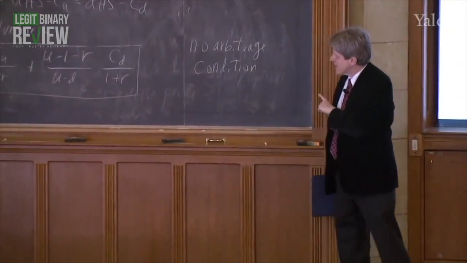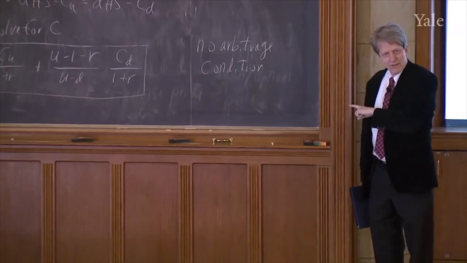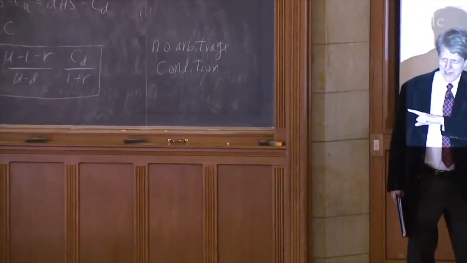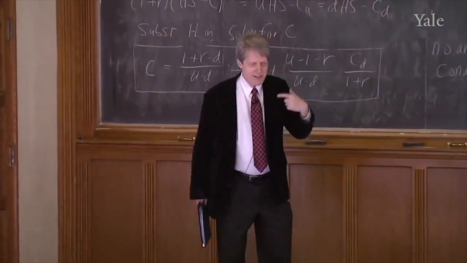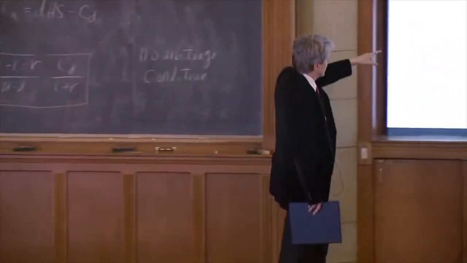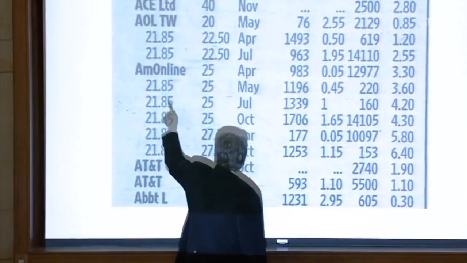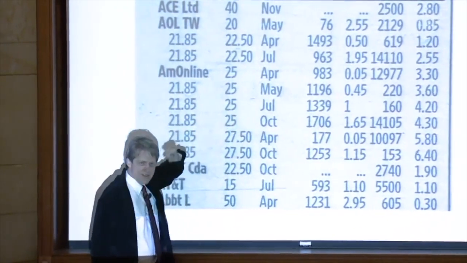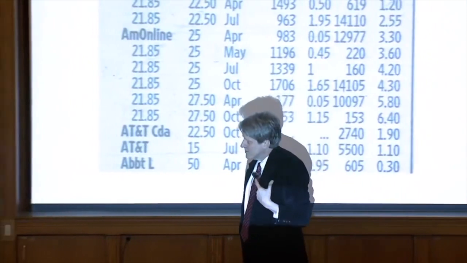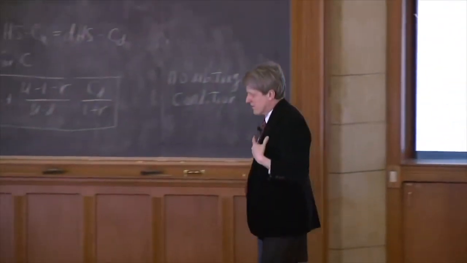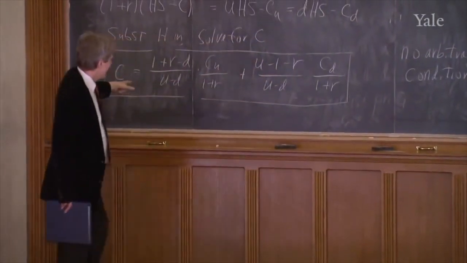Now, the interesting thing about this theory is I didn't use the probability of up and the probability of down. So somebody said, wait a minute. My whole intuition about options is I buy an option because it might be in the money. When I was describing this, it's 45 cents. I said that's not much because it probably won't exceed $25. It's so far below it. So it seems like options should really be fundamentally tied to the probability of success. But it's not here at all. There's no probability in it.